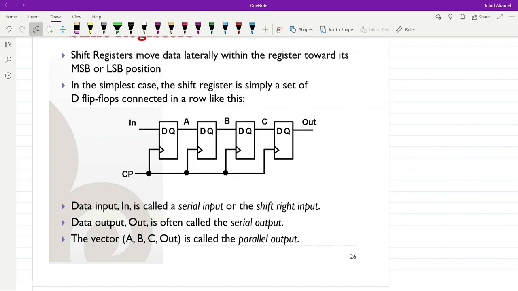D flip-flops in this case, which are connected in a row as you can see here. Basically the output of the first flip-flop is connected to the input of the second one, the output of the second one is connected to the input of the third one, and so on and so forth. They all receive the same clock. So clock pulse CP is connected to the clock input of all of them, and therefore they will be updated